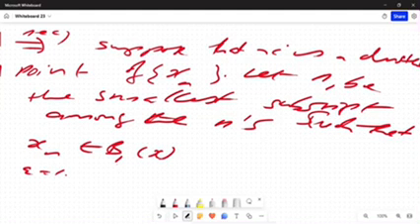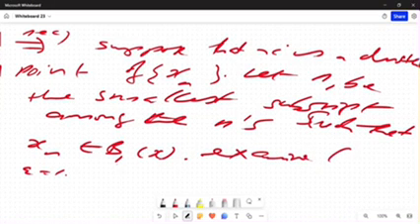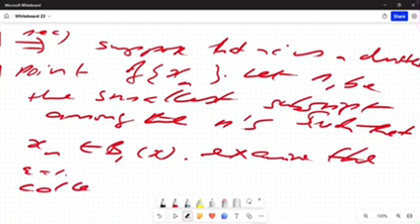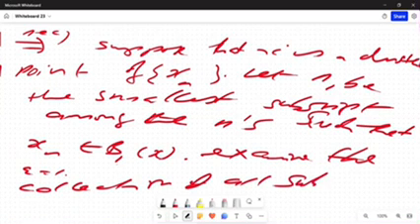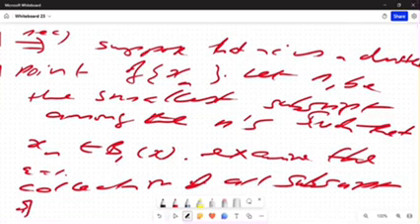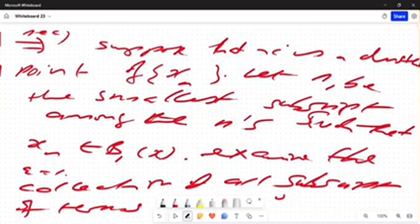Now, if you examine the collection of all subscripts of terms of the sequence,